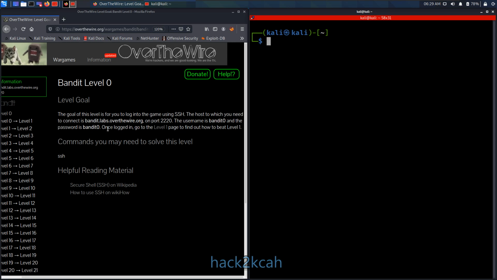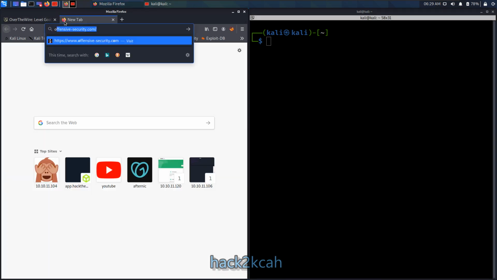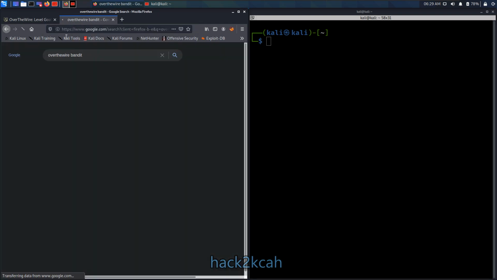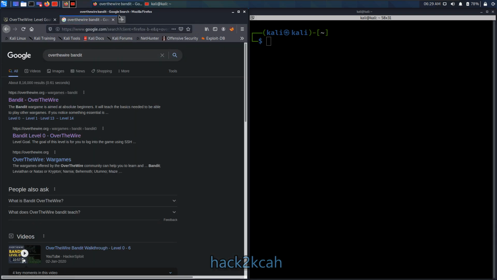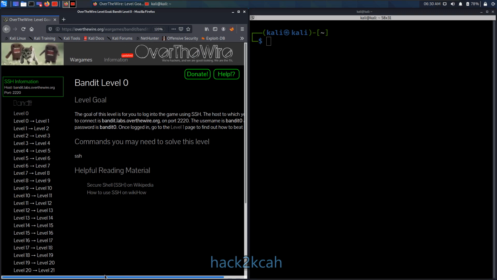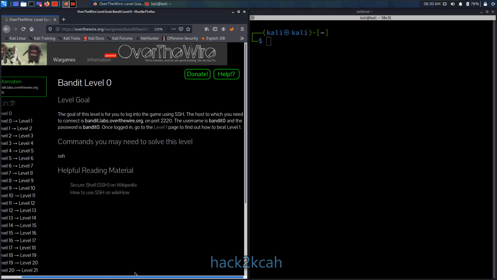Okay, let's start. Or you can just simply search over the wire bandit, and the website will pop up as the first result. Now we are going to start the challenges. Our level 0 challenge looks like this. The goal of this level is for you to log in